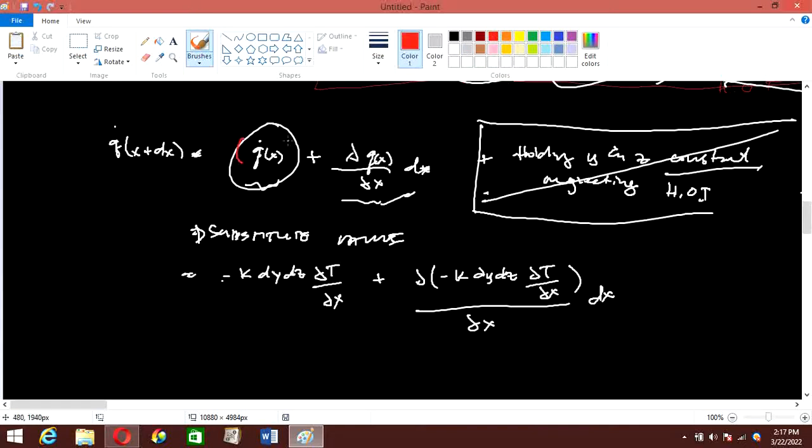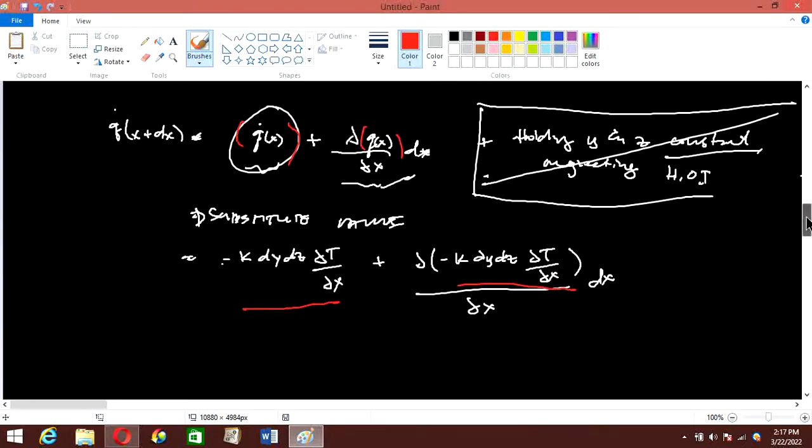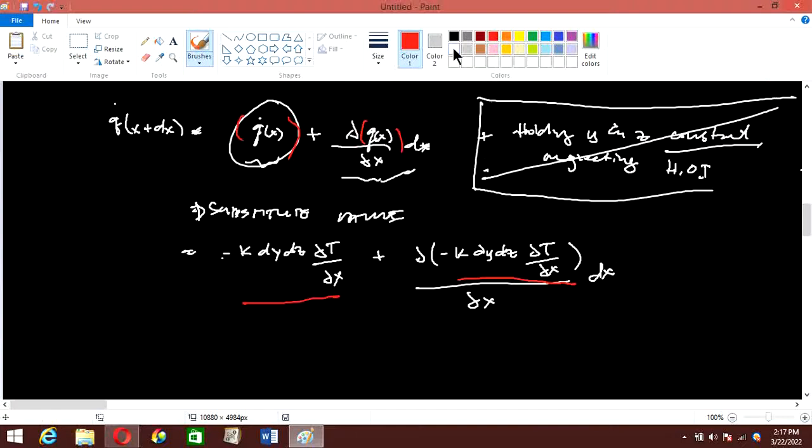So we have the qx, this part, and the derivative of this q. So simplifying this, we have